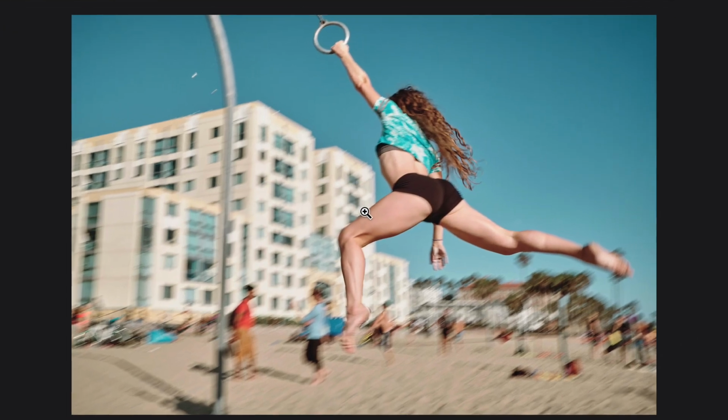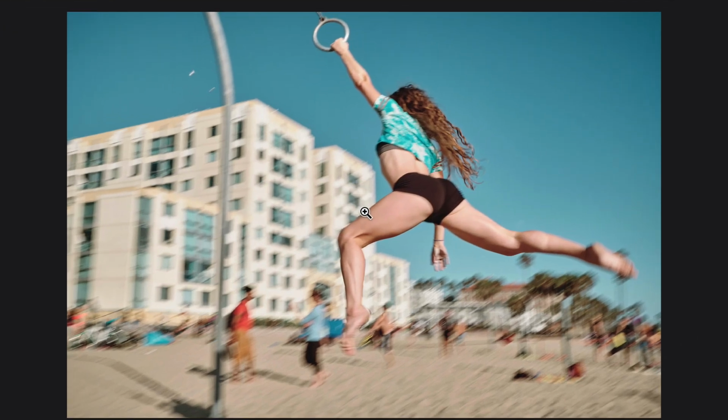Now this image was shot near Santa Monica, just south of the Santa Monica Pier, where the city has installed a variety of different mechanisms that people use for practicing gymnastics and exercising. And these are a series of rings that are placed one behind the other. And the idea is to swing from one ring to the next. And it's a very interesting thing because especially some of the more athletic people do some amazing things with these